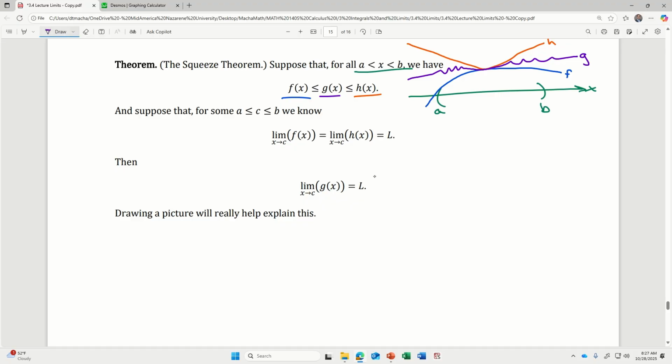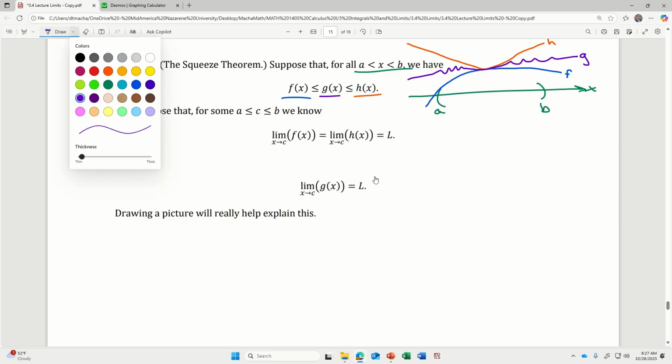And suppose that for some value of c that sits in between a and b, so maybe this is the point c,